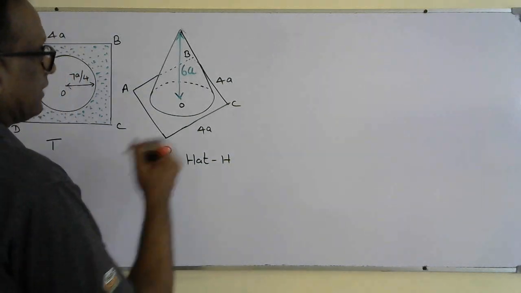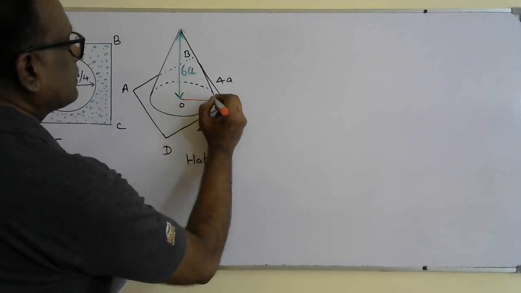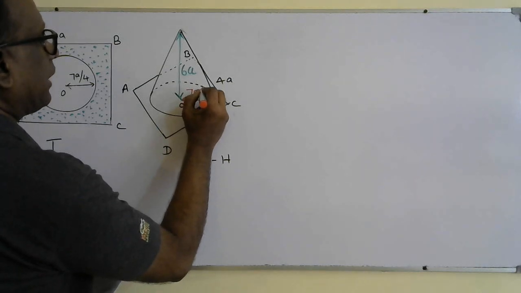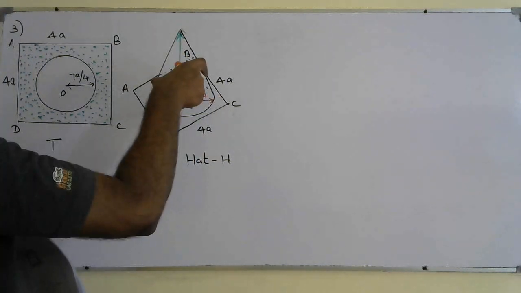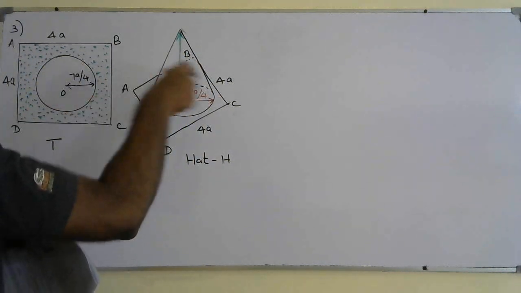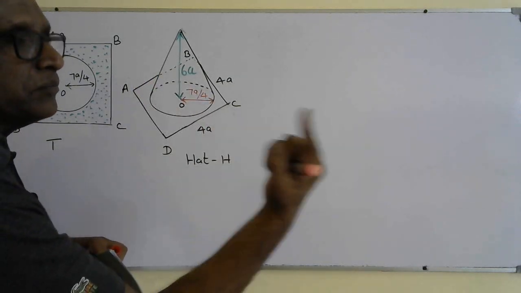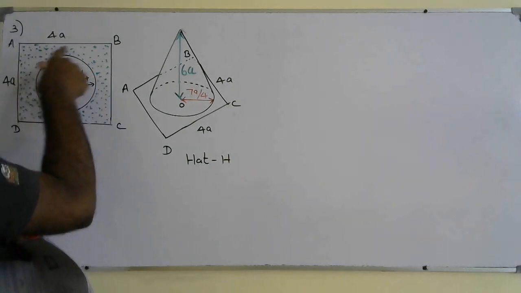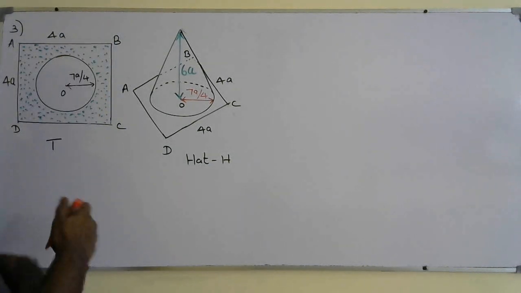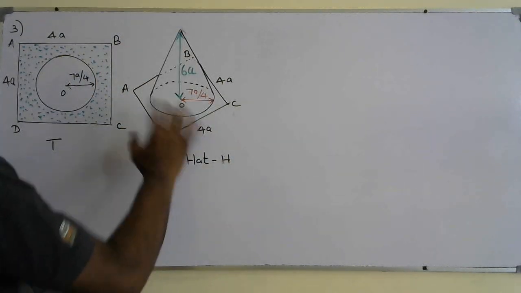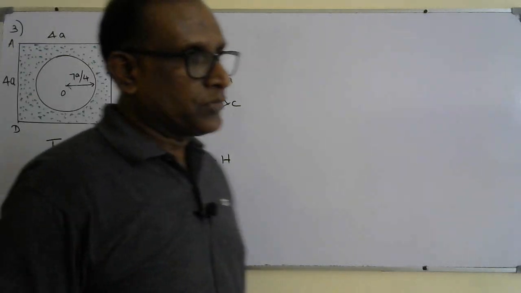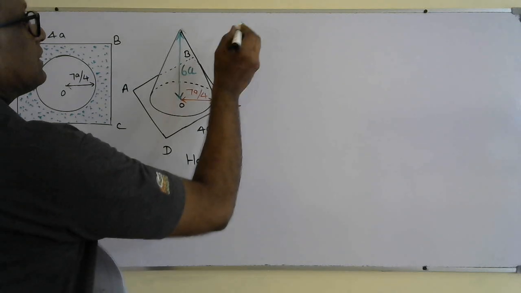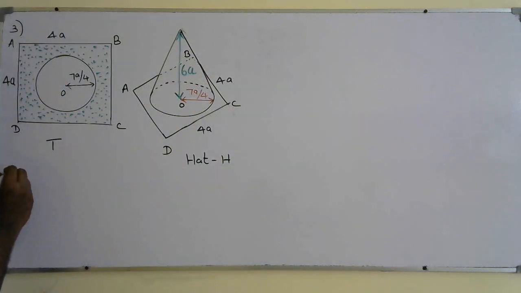So, sorry, not the area, the radius. So this radius of the base is also 7A by 4. That conical shell is kept such that its circular circumference exactly coincides with the circle created on the cardboard, and they are making a hat H by combining both together, and they are giving the surface area of the conical shell,